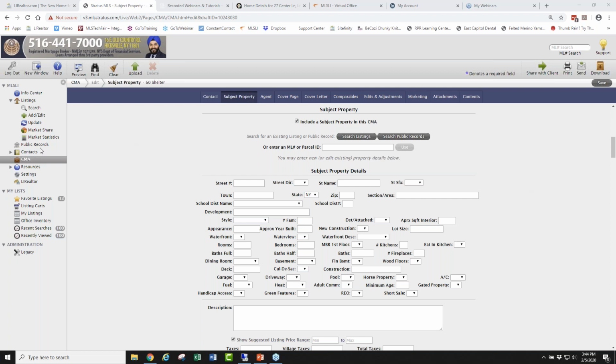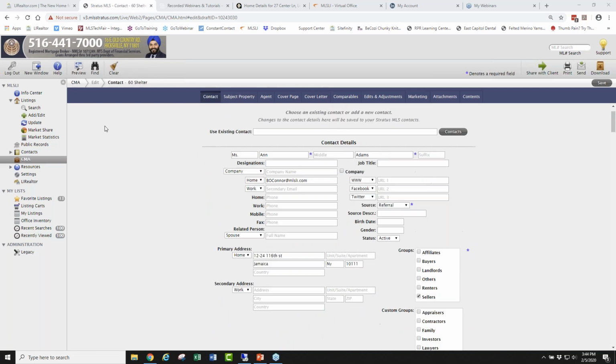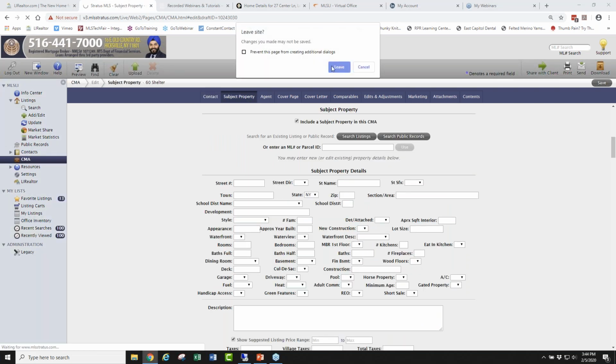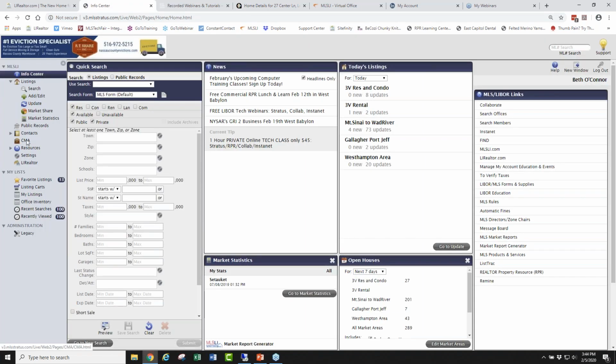All righty, so let me just mention that on the contacts. I'm done with this CMA. I want to show you a finished one just before we move on. So I'm going to come out of this one. I'm not even going to save it. Oh, all right. Let's do it a different way. Oh, now it wants me to log back in. I made it mad. Okay, so we're going to go to CMA,